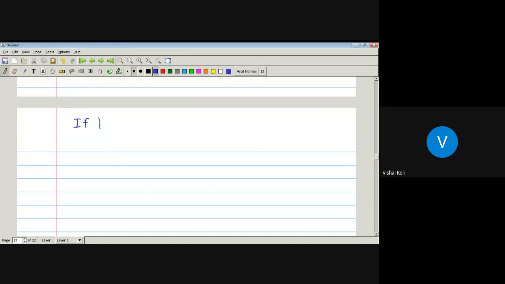Now, if k is less than 0, then what is minus k? Since k is already less than 0 and we have multiplied it by minus 1, it must be equal to modulus of k. Yes or no? Yes. Since k is already less than 0 and we have multiplied it by minus 1, minus of minus that term will be modulus of k.